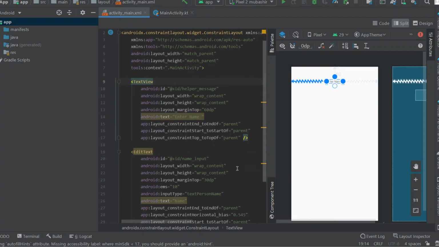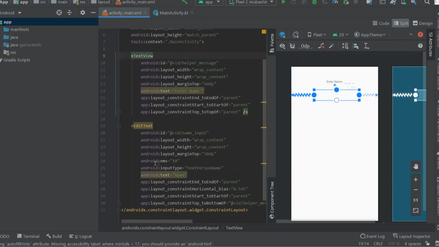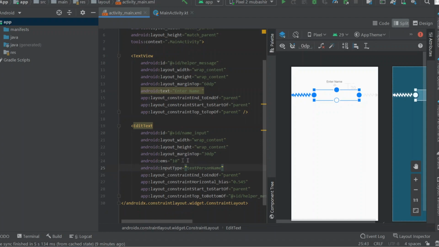So let us talk about this edit text here. ID name we gave as name input, wrap content. I am removing this text here, and here input type is text person name. What if I remove this?